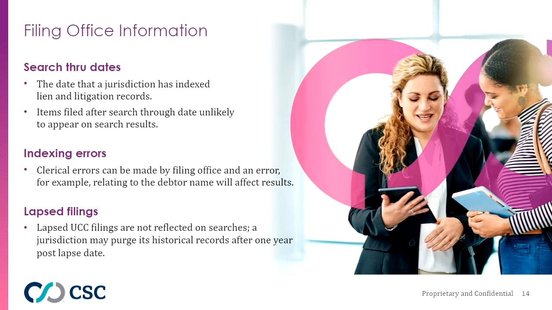And to this point, when you file a UCC, you have the option with CSC to order what's called a search to reflect. What a search to reflect is, once the filing has been completed, CSC has a line in our system to run a UCC search against that filing at the appropriate time. And again, this might take 1 or 2 weeks, but we have it all teed up for you, and then we'll run the search to confirm that the UCC we just filed for you a week or 2 ago is properly indexed and that it appears on the search result.